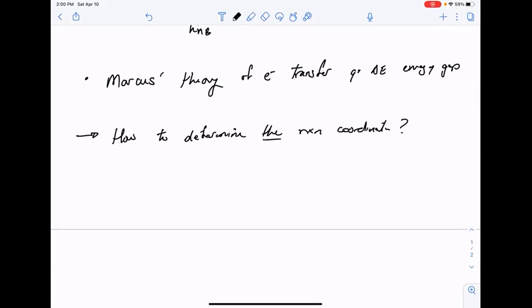So you have maybe some intuition from that theory that anytime charge is being moved around, especially in a polar environment where fluctuations of the surrounding solvent can modulate energy scales by enormous amounts, maybe the solvent would be an important player in the reaction coordinate. You also know in cases like simple gas phase reactions, where there's very few degrees of freedom, that maybe just the bond length is a good reaction coordinate, because that's something that has to be extended in order to break a bond. So there are limiting cases where Q might be simple,